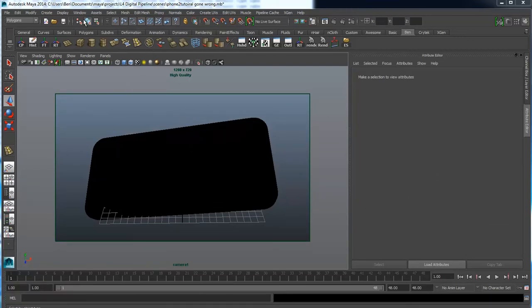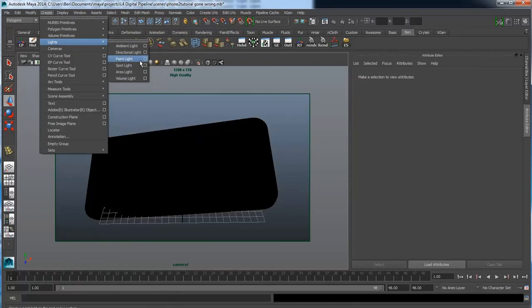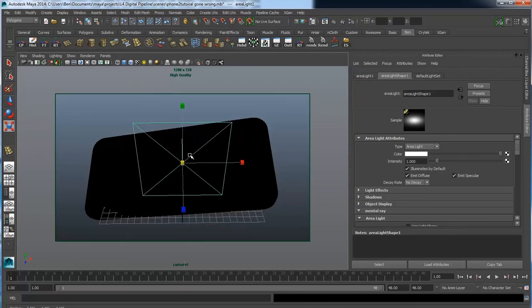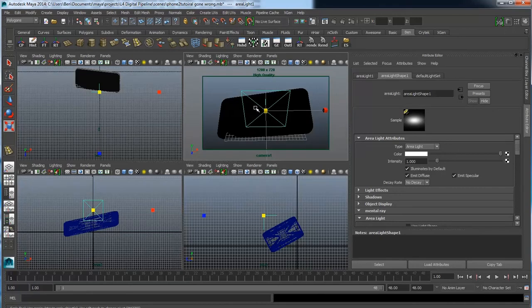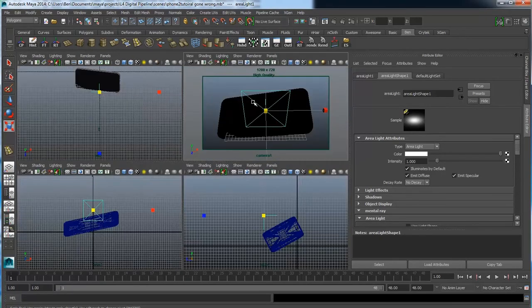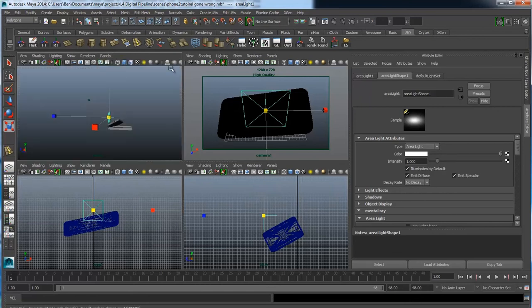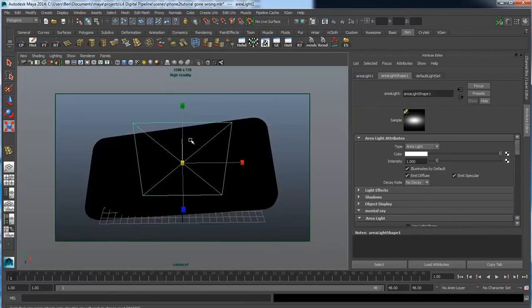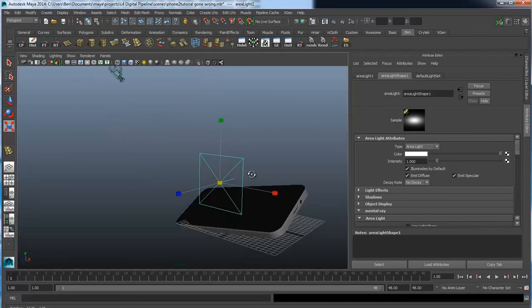So first of all, let's go to Create Lights. Let's do an area light and pull it out from the center of the grid, and we can enlarge it slightly. If we pan around it, what I'm going to do first is press spacebar, and then in one of the other orthographic views, we can just go to panels, perspective, and then you're free to jump between your perspective view and your camera one view. So in my perspective view,